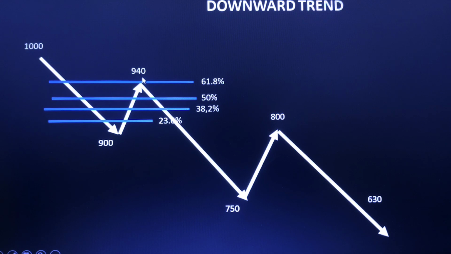Here we can see that around 61.8% it again started selling off. You can create a position here by shorting from this level, then continue with the momentum of the trend. So ultimately, Fibonacci retracement shows you the extension of a price reversal, or what level the price can reverse to in an uptrend or in a downtrend.